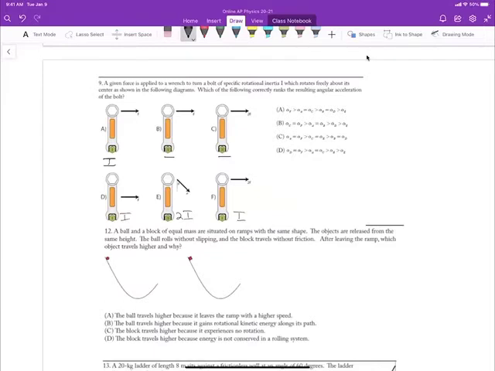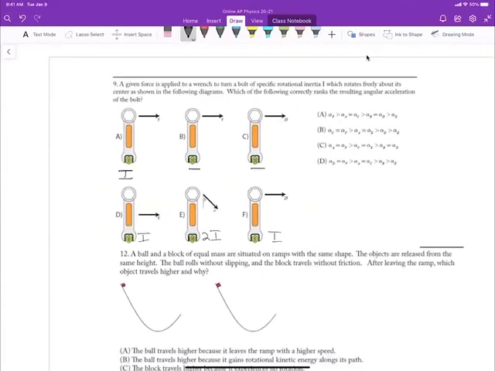We have a force that's applied to a wrench to turn a bolt of specific rotational inertia I, which rotates freely about its center as shown in the following diagram. Which of the following correctly ranks the resulting angular acceleration of the bolt? Okay, so